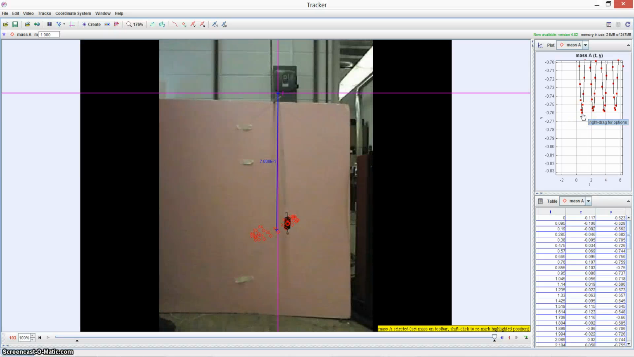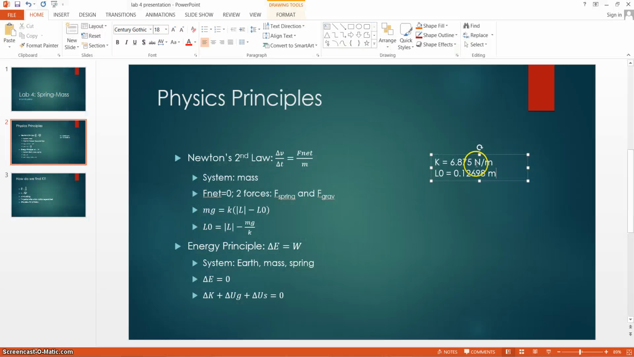In order to calculate T, I took the times associated with the first 4 troughs, found the 3 delta t's between them, and divided by 3 to get an average. Notice how I'm using the y position data. I will explain why later in the video. Plugging these values into their respective equations, I found my spring constant to be 6.875 newtons per meter and my relaxed length to be